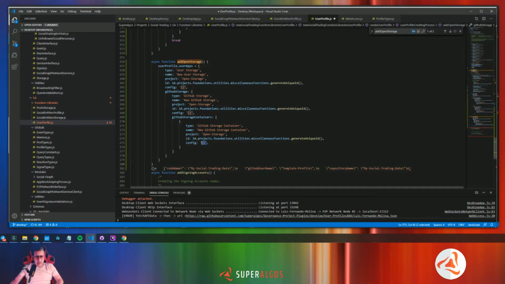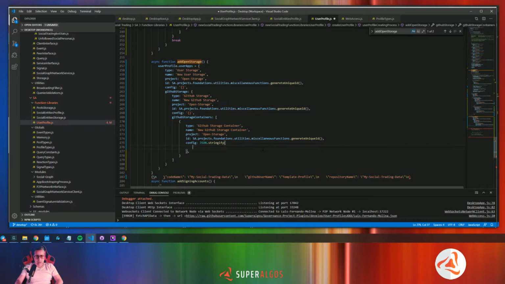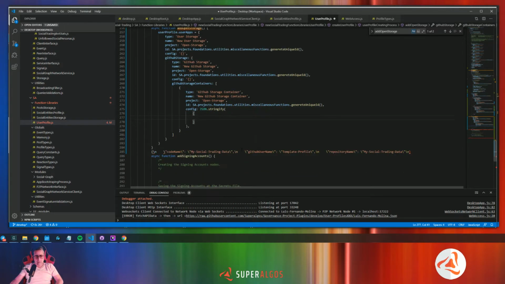And I'm going to say that the config is JSON stringify. And here we are going to create an object, and we will put a code name that is going to be